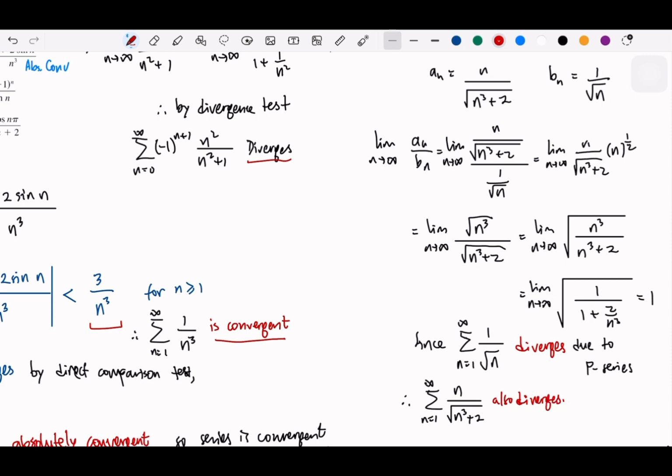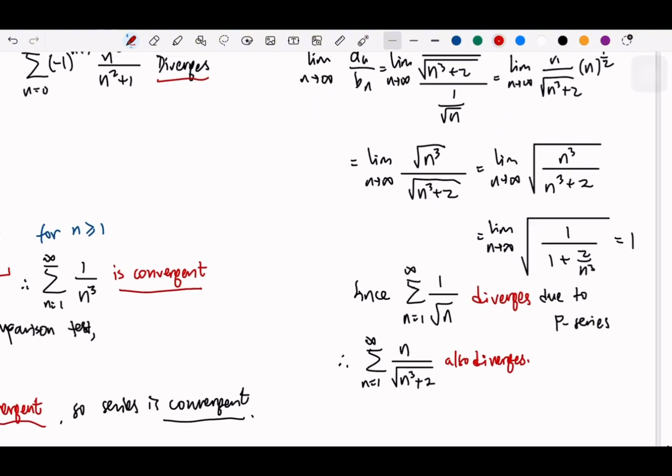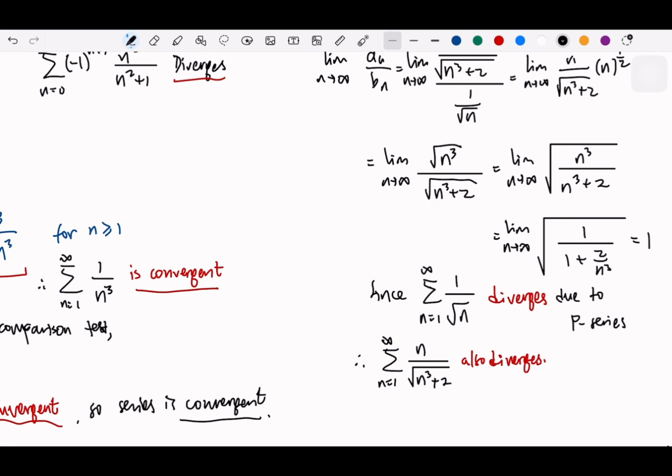But the alternating series converges. So this is conditional convergence. The final result is